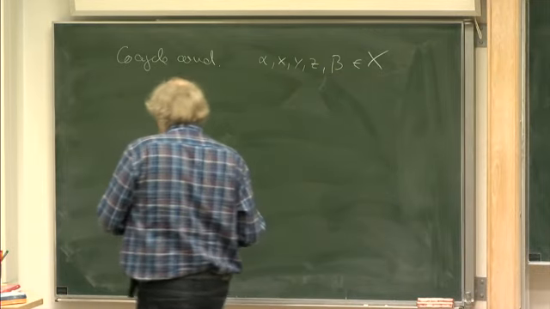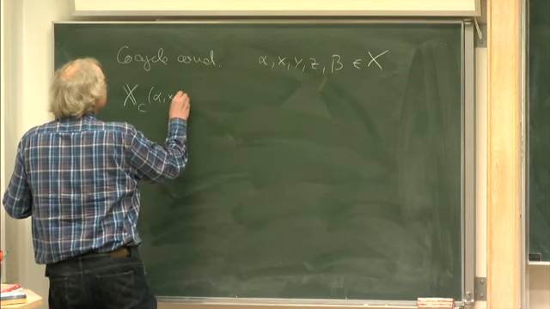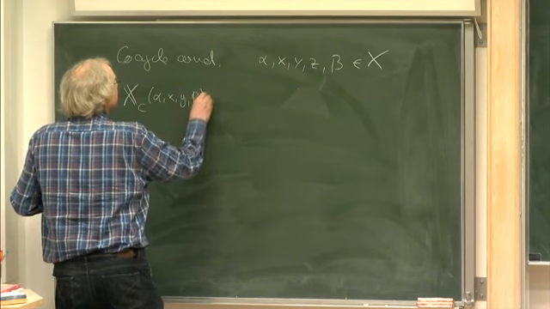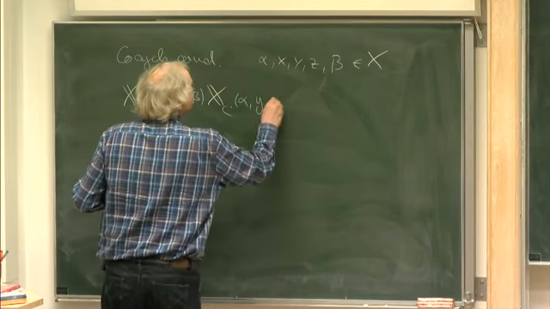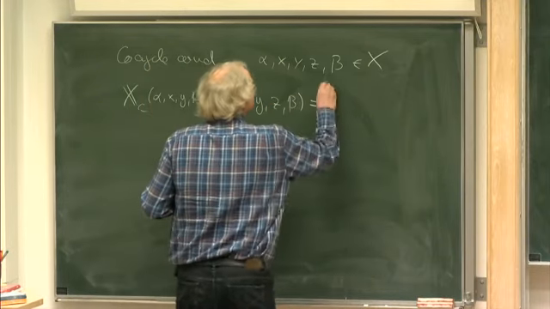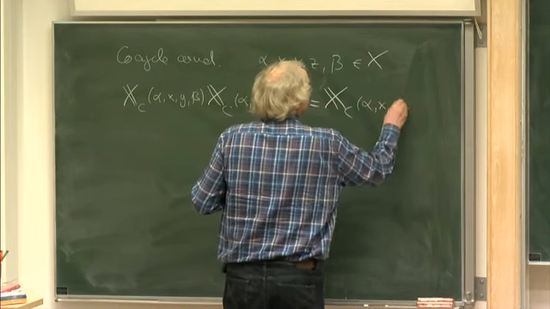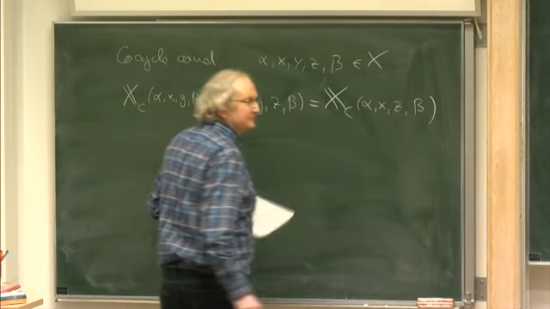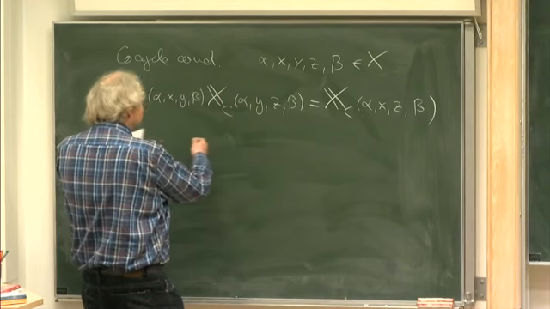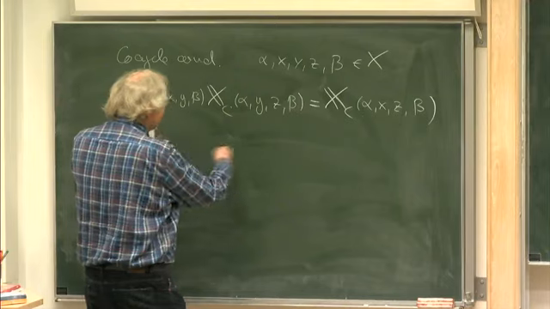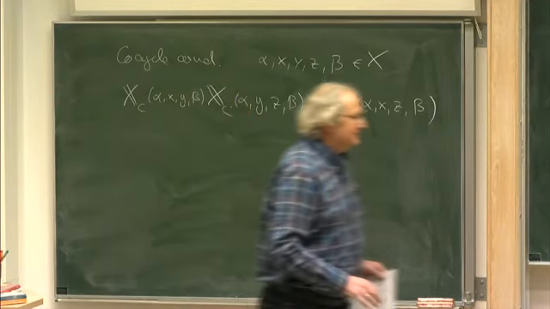In the classical cross ratio would be xc, alpha, x, y, beta, xc, alpha, y, z, beta is equal to xc, alpha, x, z, beta. So it's completely trivial. You write down the cross ratio here, then some things cancel, and you get that. It's completely trivial, but